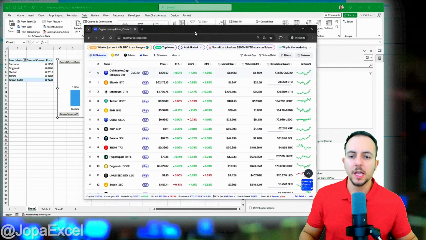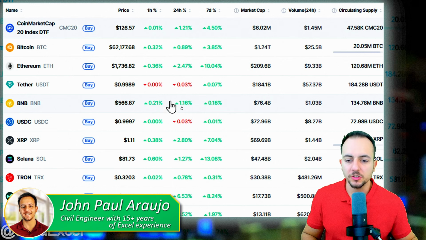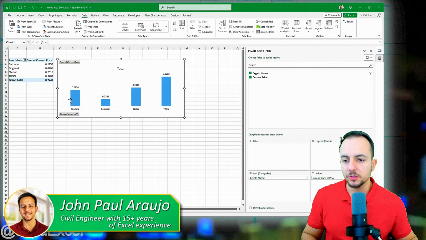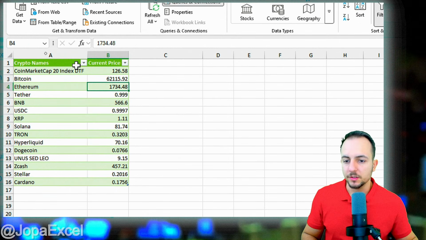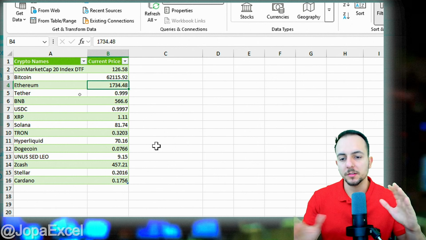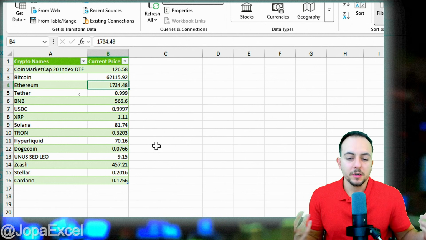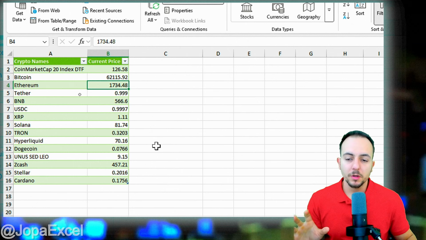How to connect any website, even though you have values that change often, into Excel. We are going to basically import a table. It doesn't matter if it has several columns, because we can cut off those columns that we are not going to use, like I did here using the Power Query, and keep only the data